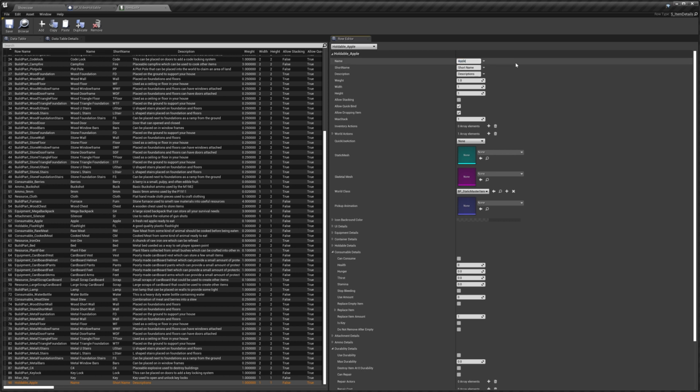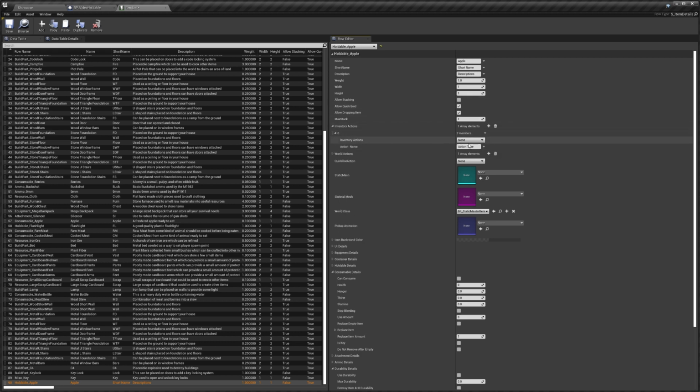I'll just set the name to apple. I'm not going to fill out all of this in detail because there's a separate video on this, so I'll just leave all of this as is. Holdables need to not be stacking, so we'll just have allow stacking unticked. Inventory actions, we're going to add a new one, and we're going to add hold/unhold. So this is when we right click on the item in the inventory, we'll now get the hold/unhold option,